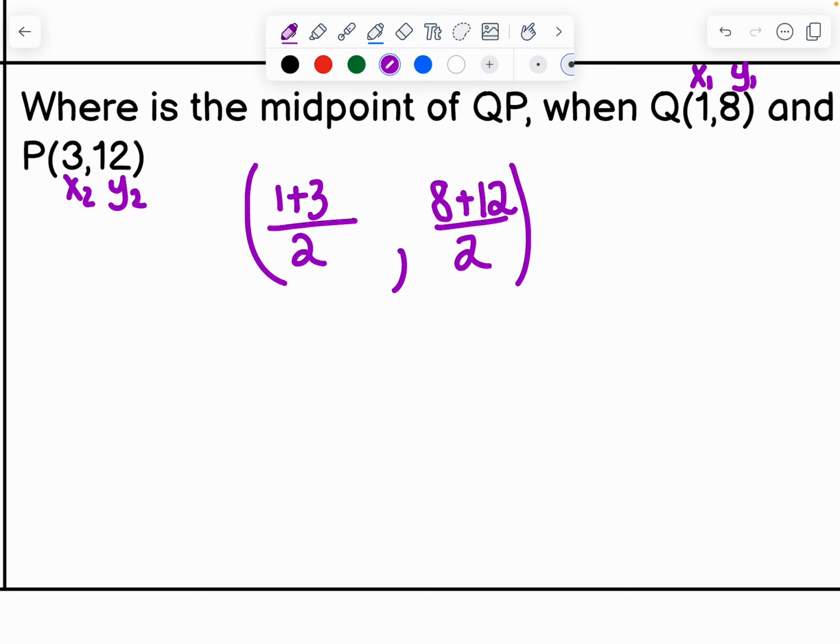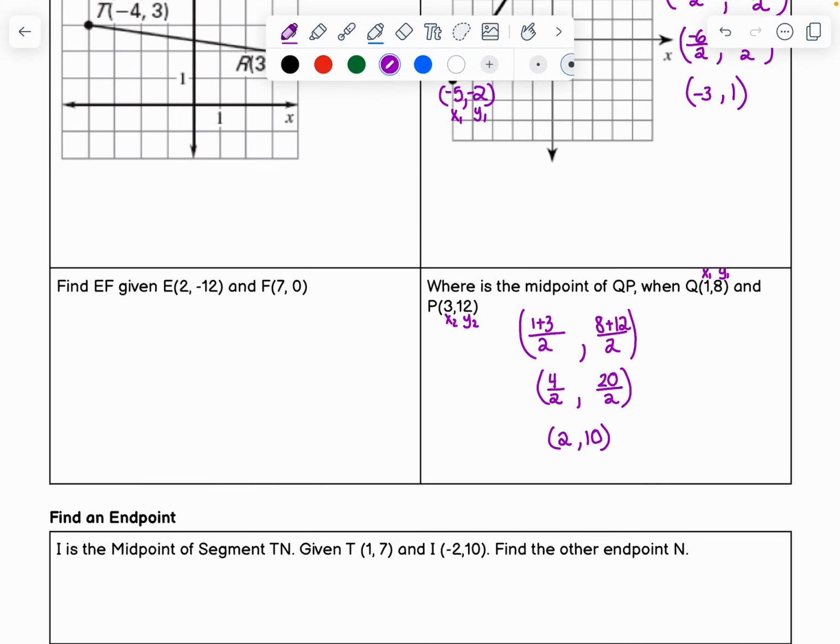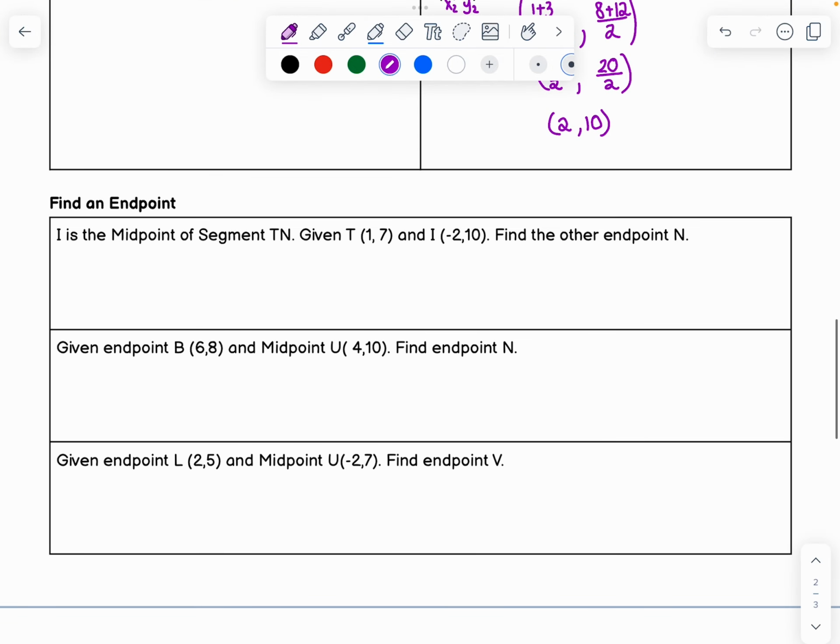So let's continue. 1 plus 3 is 4, divided by 2. 8 plus 12 is 20, divided by 2. Our midpoint is at the coordinate (2, 10). All right, so